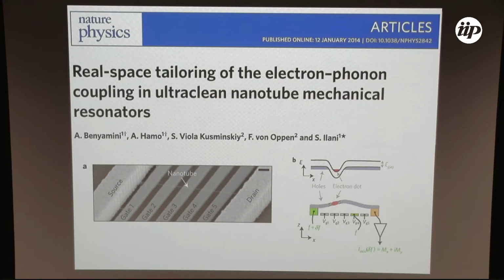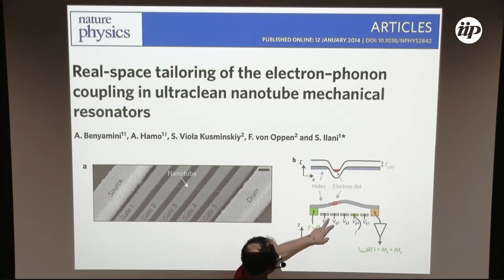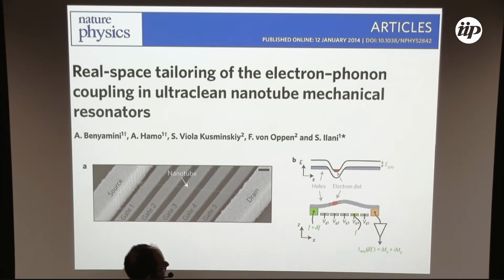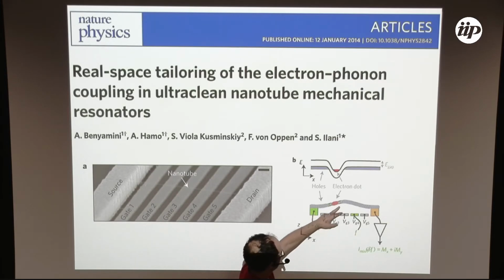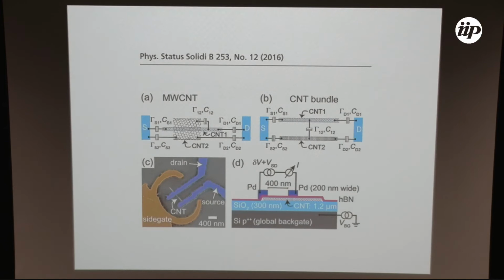For instance, you can put a carbon nanotube between a source and a drain of fermionic particles, and gates below it. And using these gates, you can define localized levels that behave as quantum dots, okay? And you can make many of them in a single nanotube, right? Like here. Here, in principle, you can make 1, 2, 3, 4 quantum dots along the carbon nanotube. Also, you can build geometries like that. 2 nanotubes in parallel, okay?